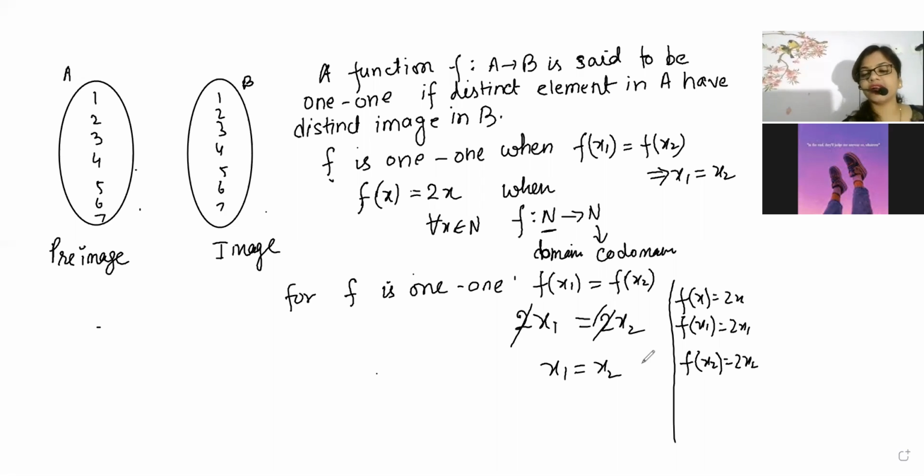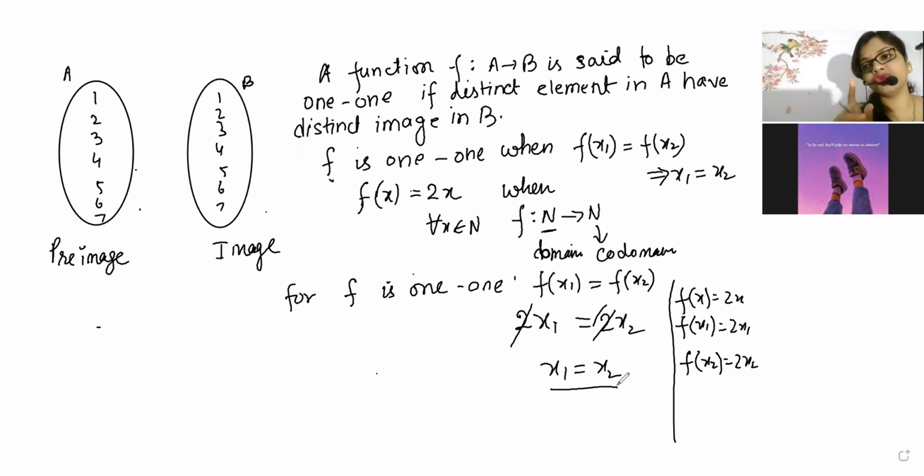So again, you started with f of x1 is equal to f of x2, but what we are getting here is x1 is equal to x2. So we started with the image and went to the pre-image. Your focus should be to go to the pre-image, and here you are successful: both are not two different pre-images, they are one single pre-image. If you do it for algebra, it is easy.